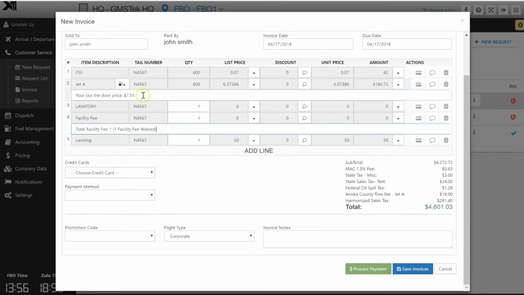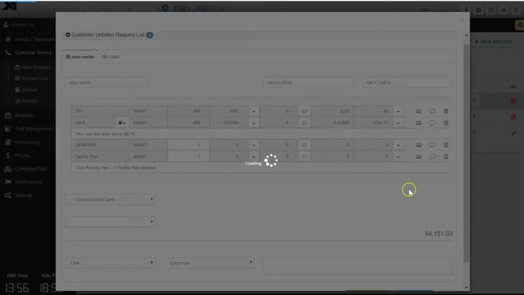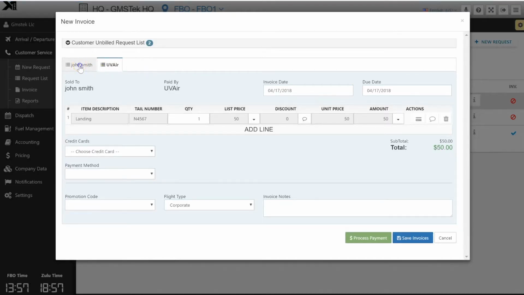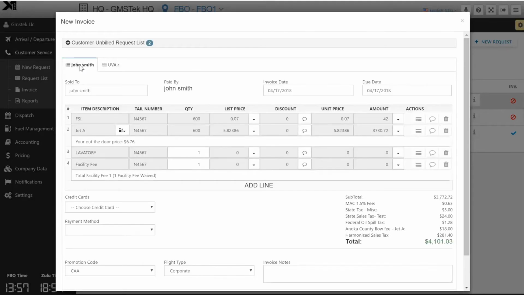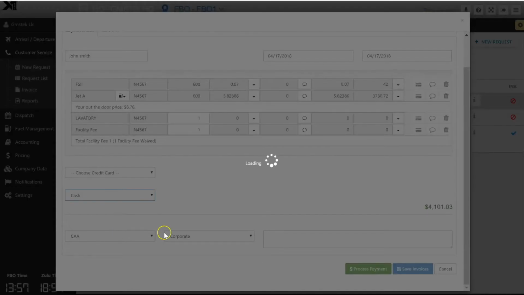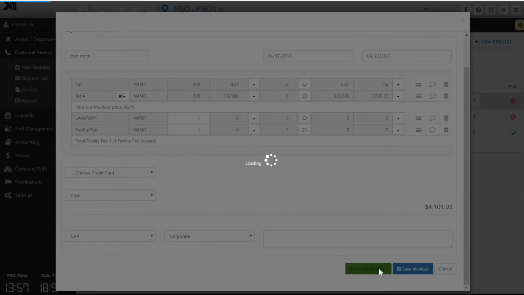You will have the ability to apply promotion codes that will affect pricing for any product, service, or fuel item. You will also have the ability to pay invoices on contract as well as split invoices if a crew member requires. Once an invoice has been paid, you will have the ability to print both invoices on one piece of